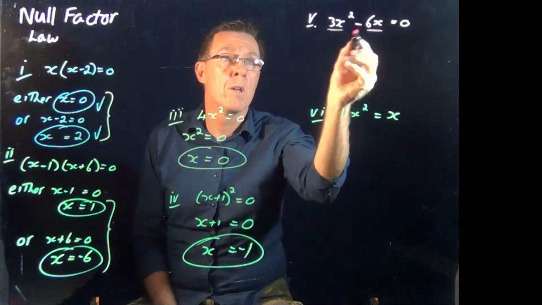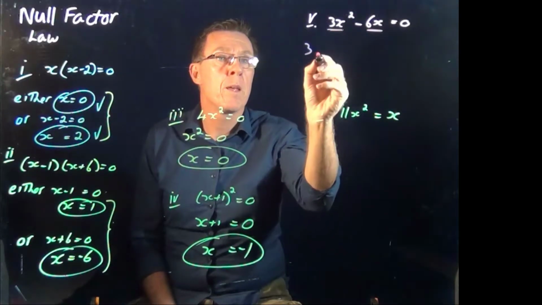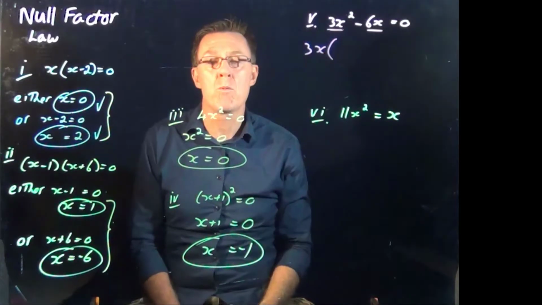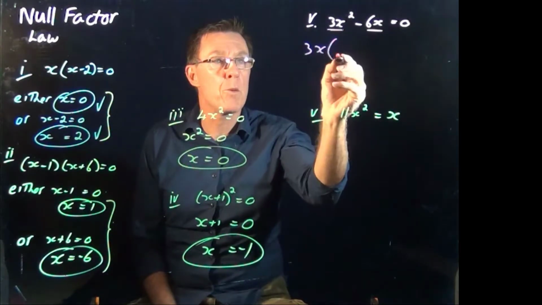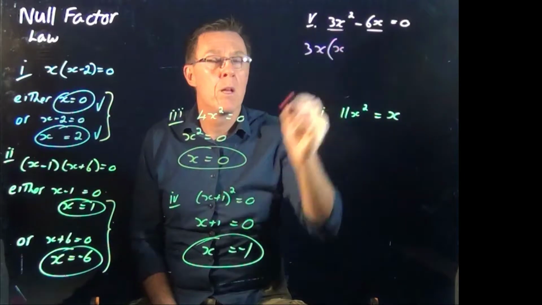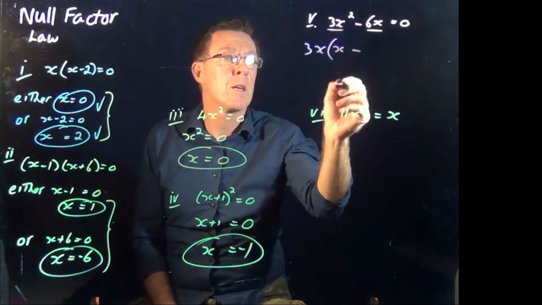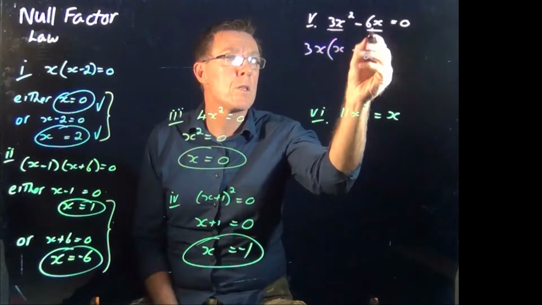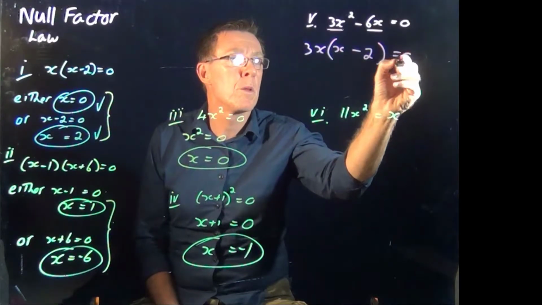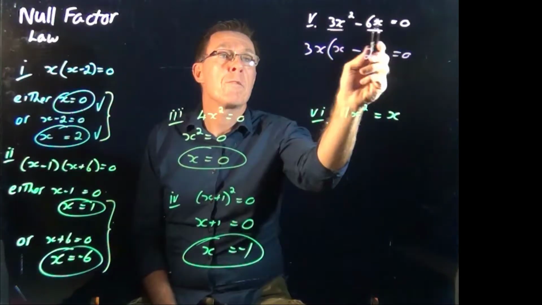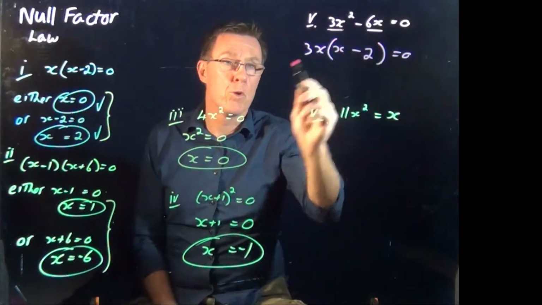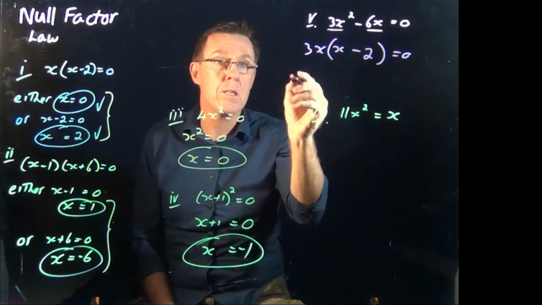What do they have in common? Well, they have a 3 in common and they have an x in common, so you factorize them out, leaving you behind one lot of x. Take away 3 goes in 6 twice, x is accounted for, voila. I've taken it from two numbers added together to two numbers multiplied together, which means either